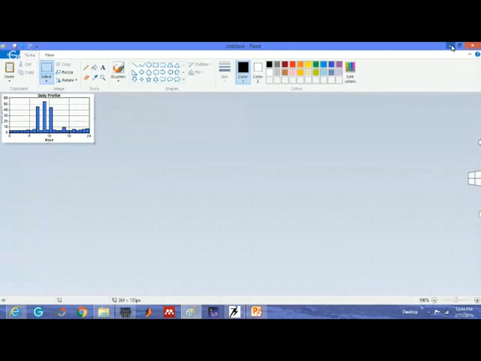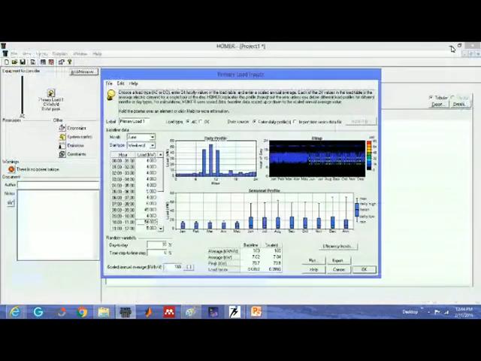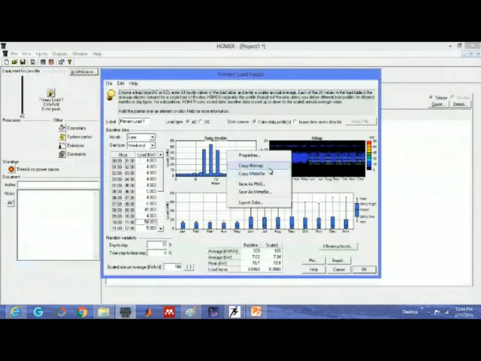Even suppose you want to use this data also. So just go to right click. You can save. You can copy bitmap image. You can copy meta file. You want to save it as a PNG file. You can save as meta file. Directly you can save it, right? You can save any name. Suppose you want to export this data to your